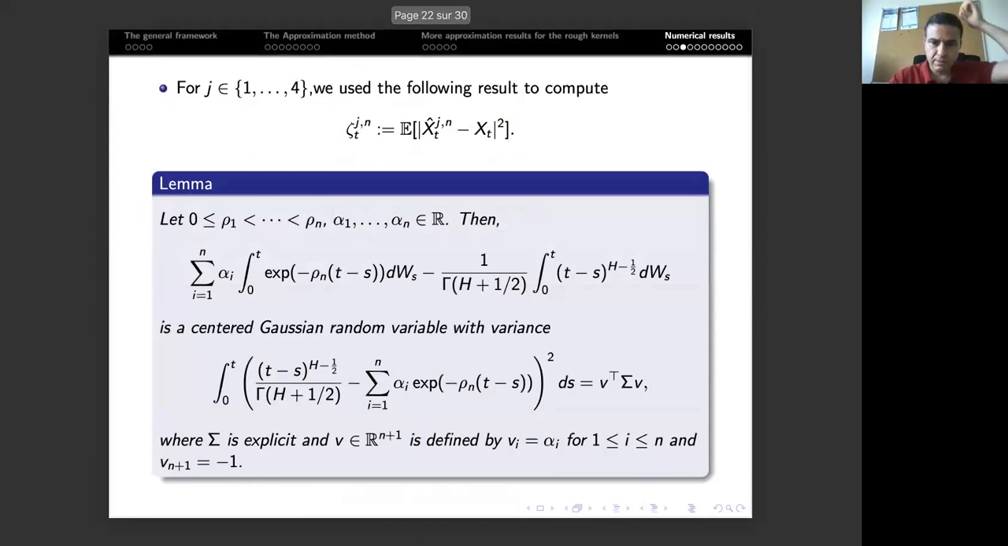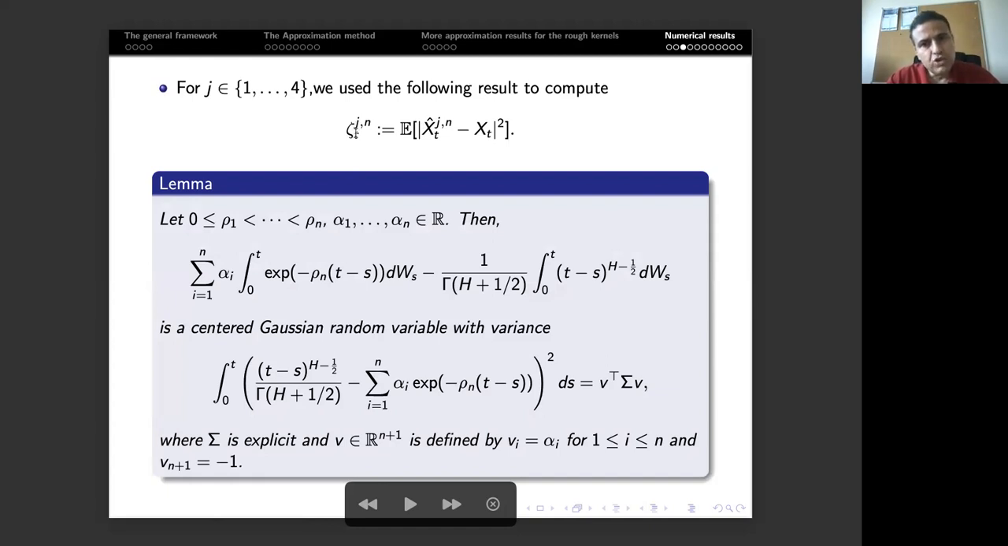So those are the four schemes. What we are going to measure is the strong error. In this case, the strong error is given by the expectation of, so j here is of course from 1 to 4, depending on the approximation method that we use. And we want to compute the second moment of the error that we denote here by zeta j n